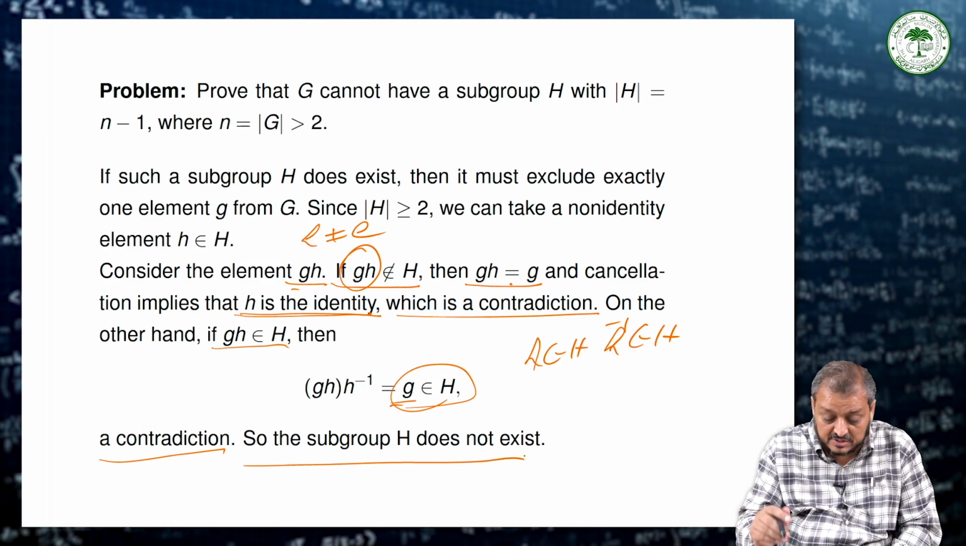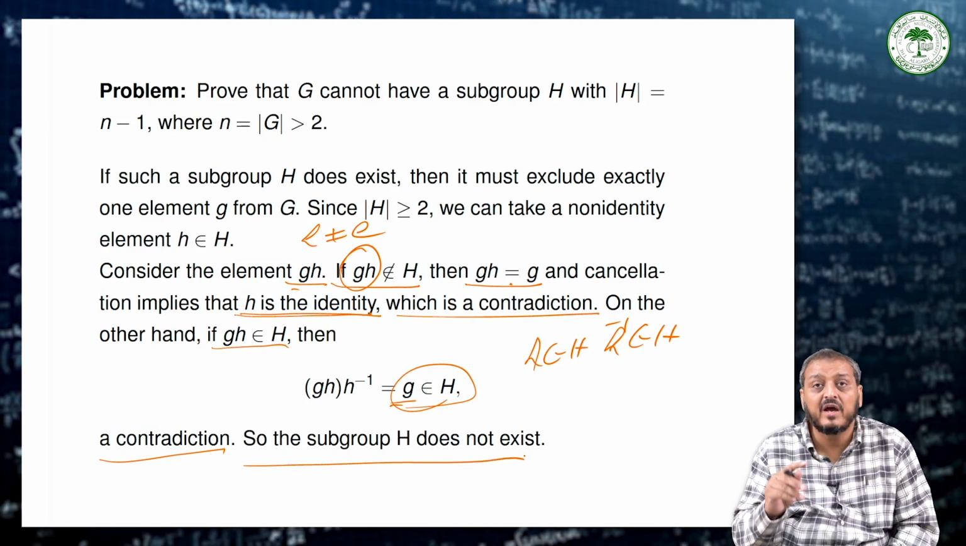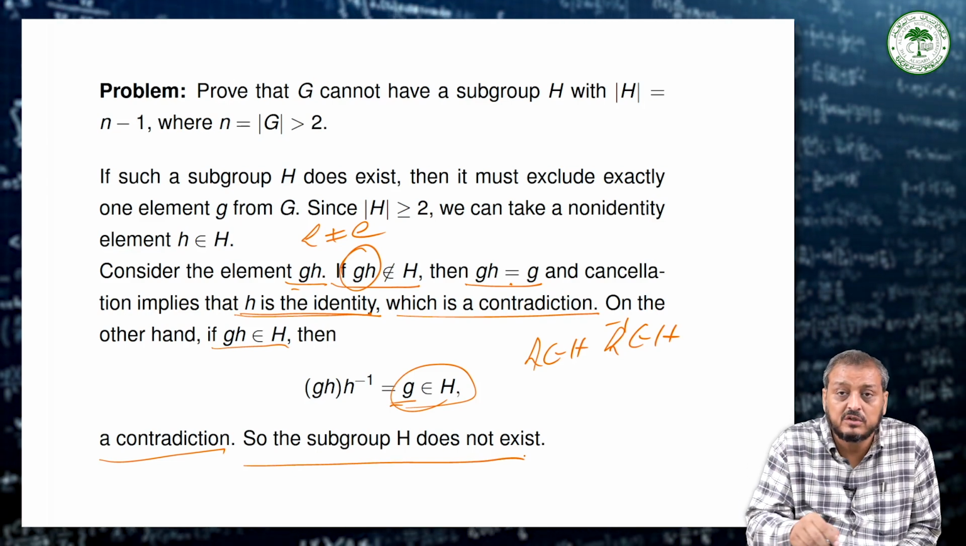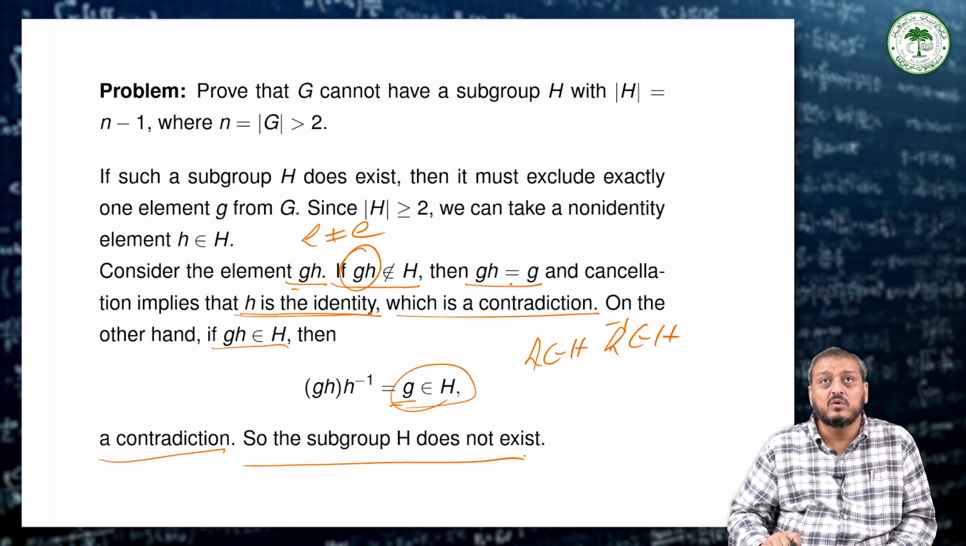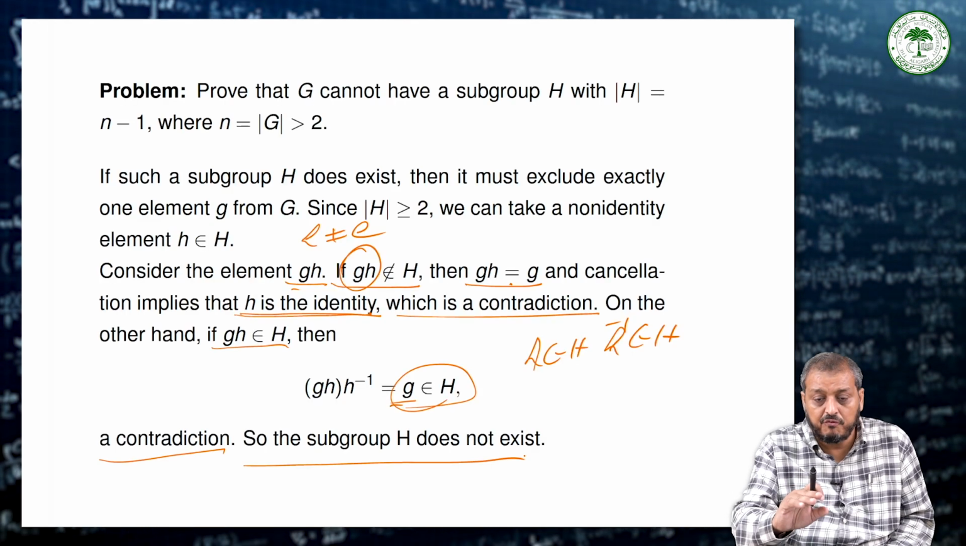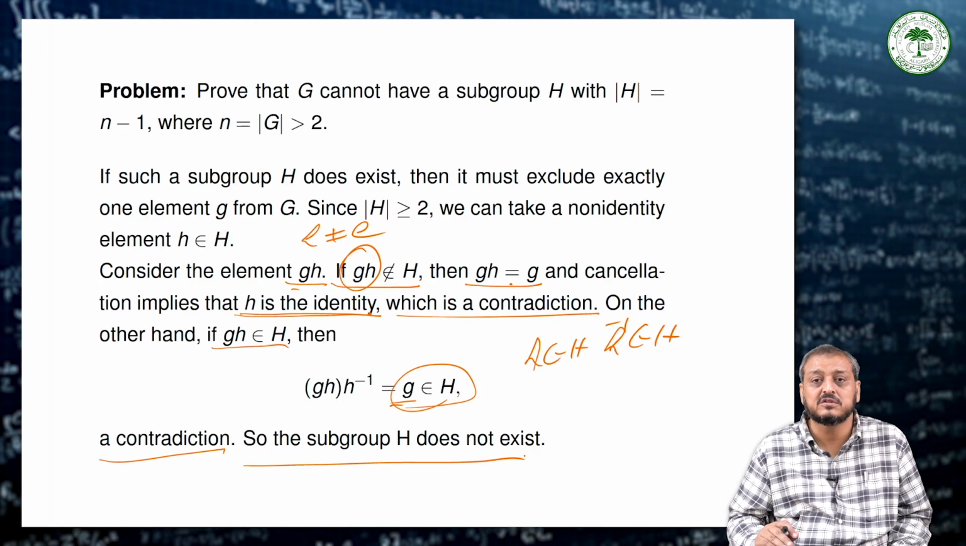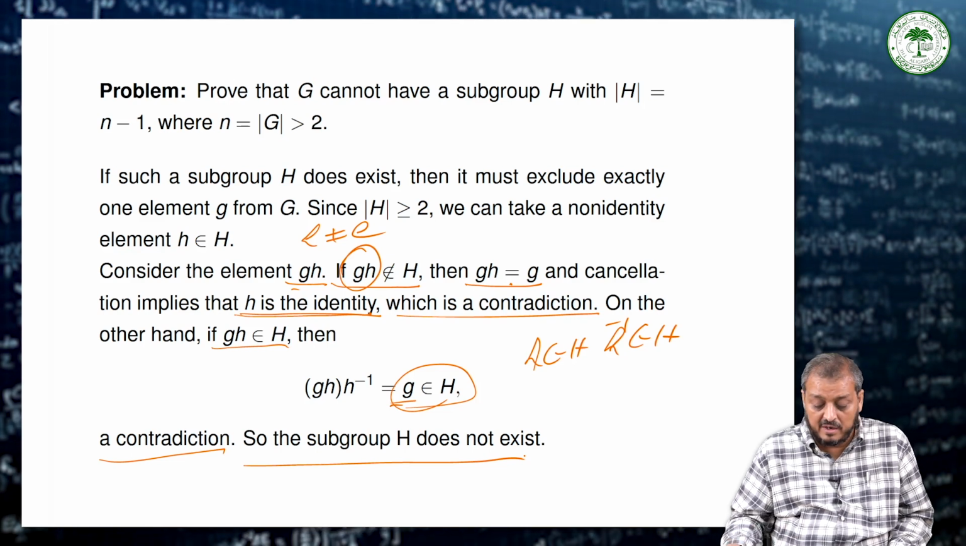This means we have to just say that the subgroup of H does not exist in this case. So clearly we just say that in this form we have to solve these two problems. And now